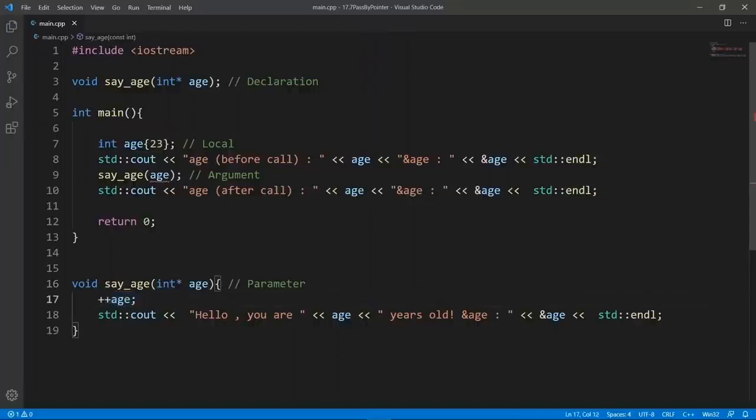Okay, after we do that, you see that we have a squiggly line at this line that calls the sayAge function. What we need to do is to pass it the address of the age variable here, like we saw in the slides. So this is the syntax we have to follow. Once we do this, this program is going to be valid, and if we run it,